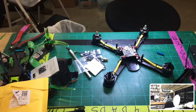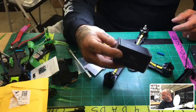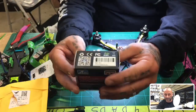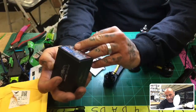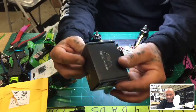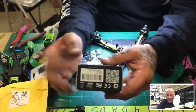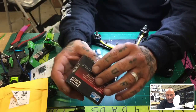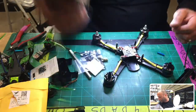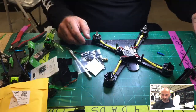Okay, so I have just thrown this box out, but basically, this is what the box looks like. They're Black Widow motors, and they get pretty pricey. They're not scared to charge for this, but they're good motors. This is the 2204 2300 kV. It's got a 20 amp ESC built in. It's like 18 amp, 20 amp, burst at 28 or 30. ZTW is the company. They make a lot of product. We have some of their ESCs online, but you can check this out. They make a hell of a motor. But the downside, like everybody points out, is when you have an ESC built into a motor and you screw up your ESC,